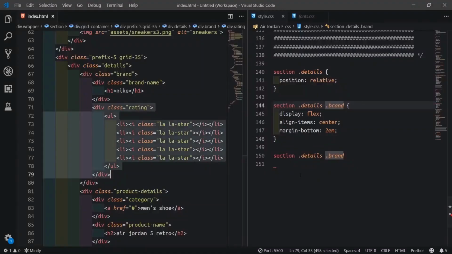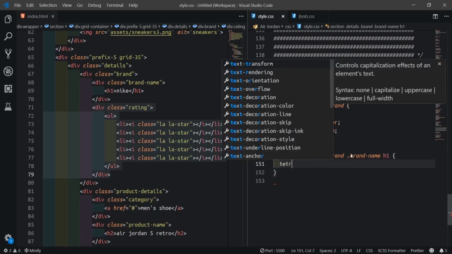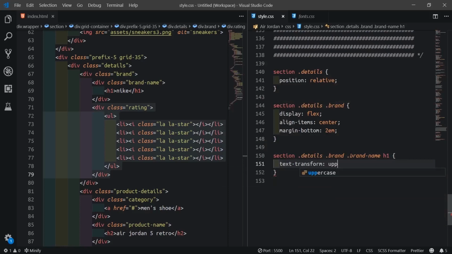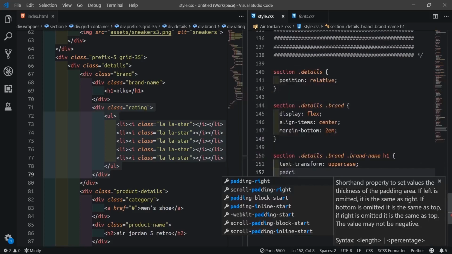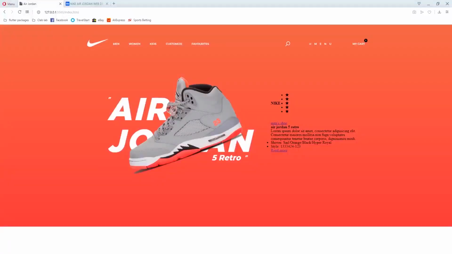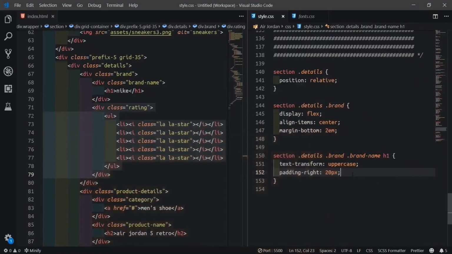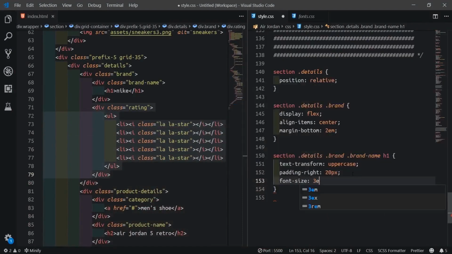So what I'll do now, I'll target the brand name, then H1. I'll say text transform to uppercase and padding right to like 20 pixel to shift them out. Okay, then change the font size to 3em.